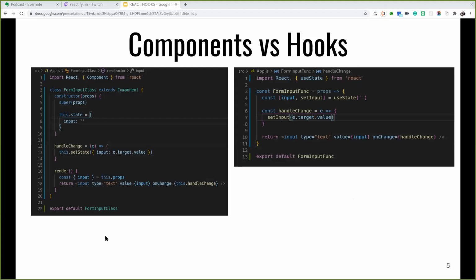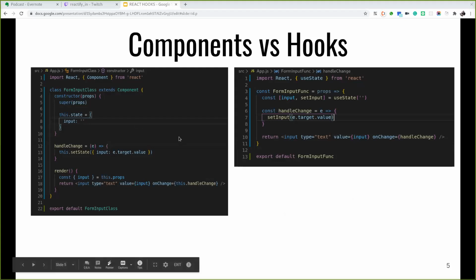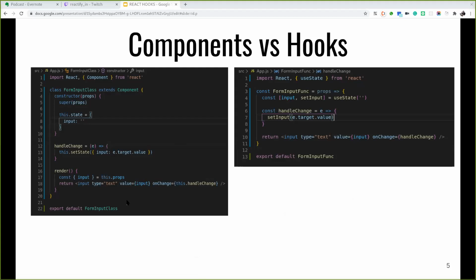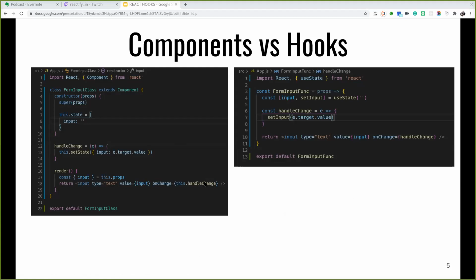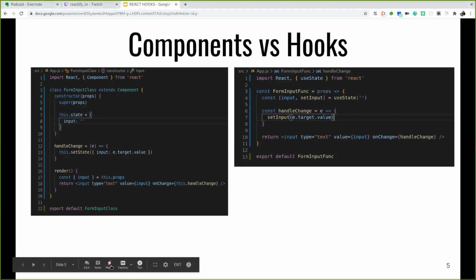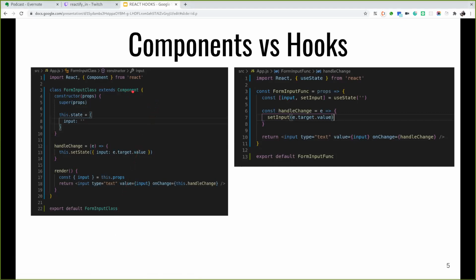Now, here are two examples of the same implementation in class components and hooks. So basically, what we're trying to do is we're having an input box, and the value typed inside the input box is getting stored in the state of the component. Historically, how we have structured our React component has been coupled to component lifecycles, which kind of forced related logic throughout the component doing the same thing. So before React hooks, if we wanted to create a dynamic component, we had to create a class component and use lifecycle methods to change the state to make it reusable or to encapsulate it.